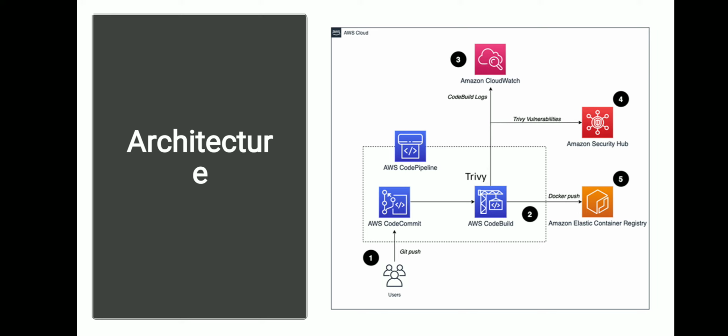Trivy scans for vulnerabilities and sends all the logs to AWS Security Hub. If no vulnerabilities are found, the images are clear and healthy. They are pushed to Amazon Elastic Container Registry, just like they were pushed to the Azure private registry, so that they can be deployed further.